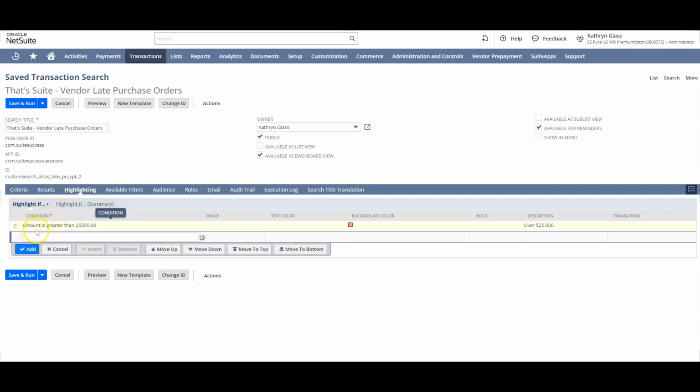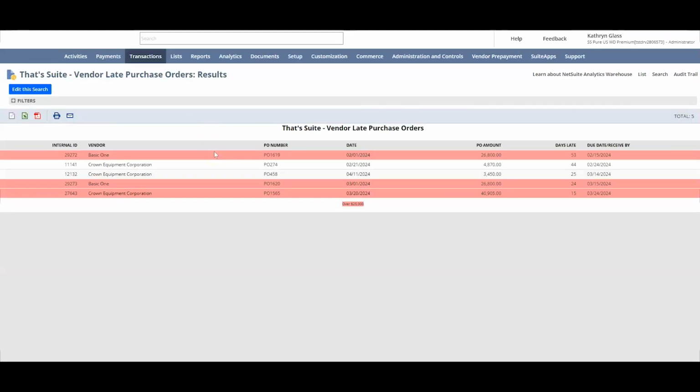So you can see I have a highlight when the amount is greater than $25,000. When I save and run this, what you'll see is that the rows with amount values over $25,000 are highlighted in red. This is a great option for simple highlighting requirements across full result rows, but how can you